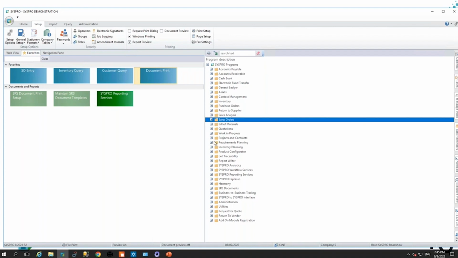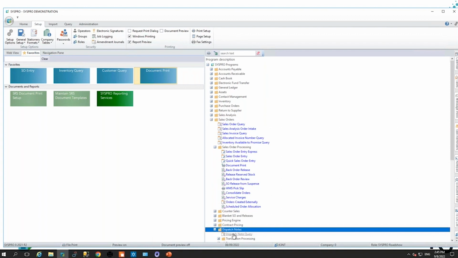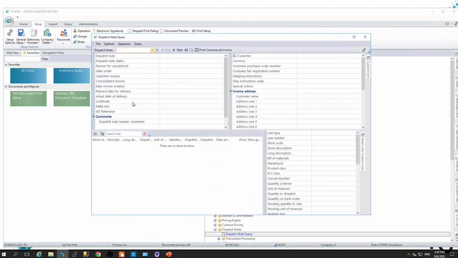So if I go to my sales orders and dispatch note query module, I will be able to run my little preview. This is a non-standard button that I've added in that uses a VB script to call K3 Reports. One of the technical requirements with K3 Reports is that it is a more